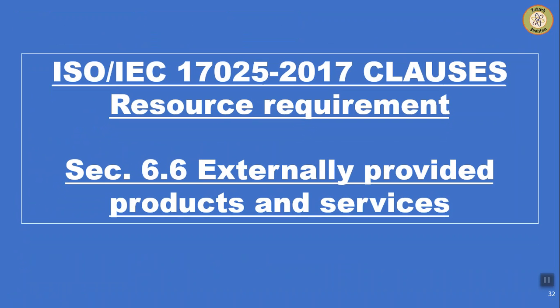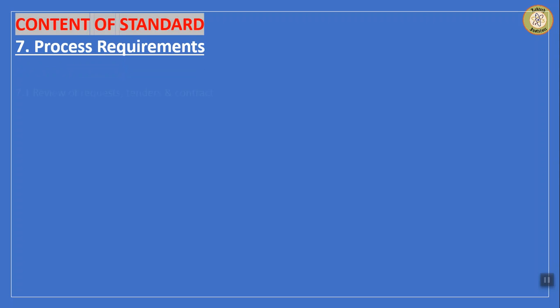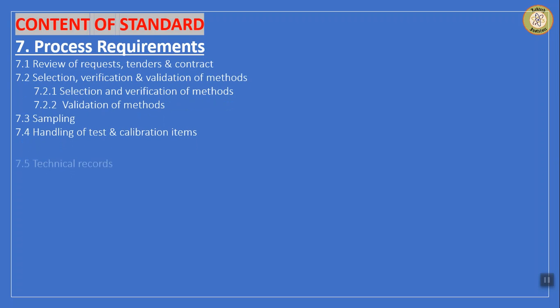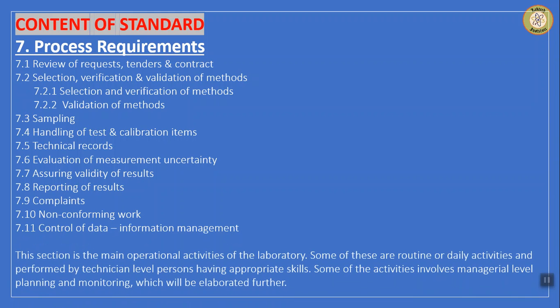Then externally provided products and services, which is basically related to your purchasing and subcontracting activity. Then come the process requirements, which are the main operational part of the laboratory. Under process requirements there are 11 sub-clauses. So these are the 11 sub-clauses, if you see. This is the longest section of the standard, and in 7.2, which is related to methods, there are again two subsections,